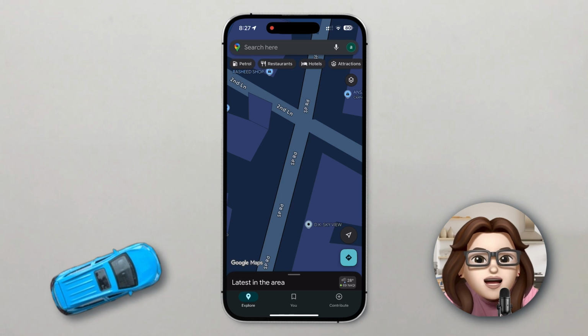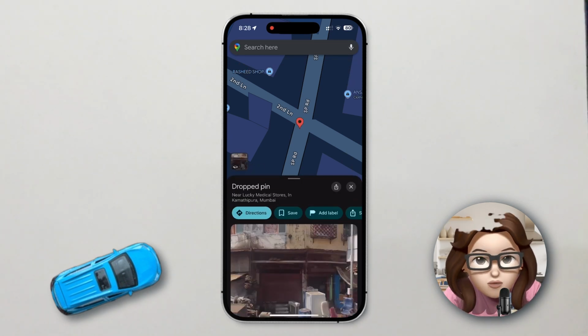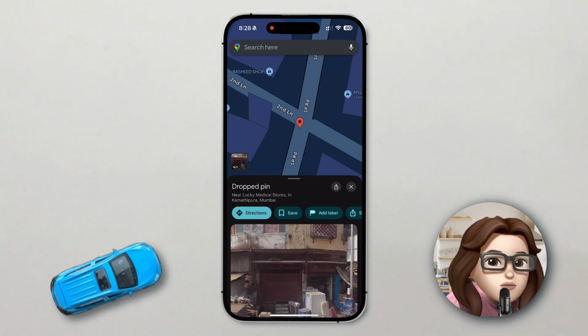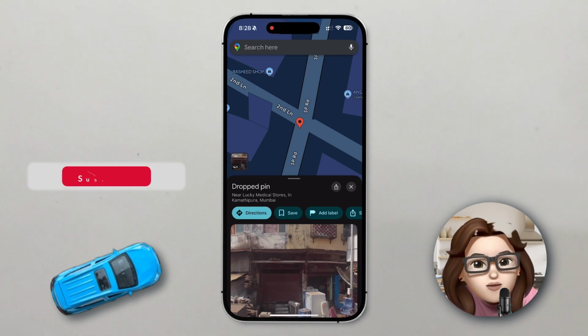Now press and hold on that location to drop a pin. You'll see some details pop up at the bottom. Sometimes it lets you label the place as your home or work. But that's just for your personal view. To add this location publicly so everyone can see it,